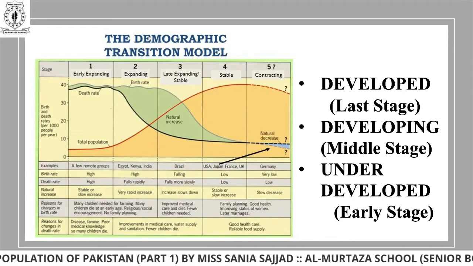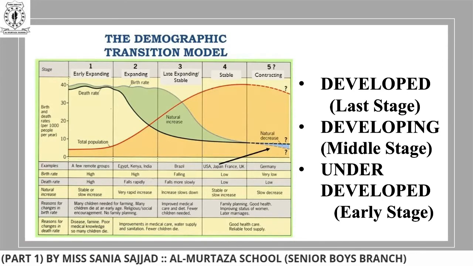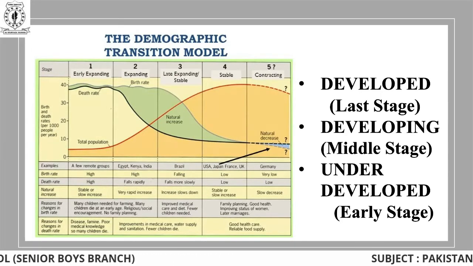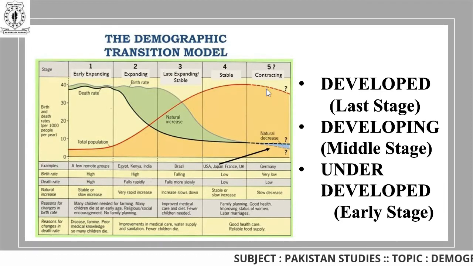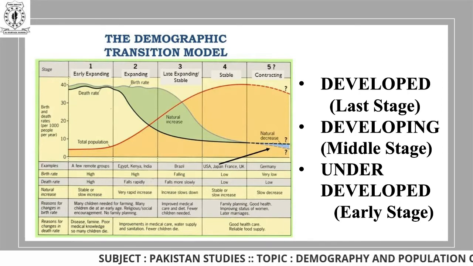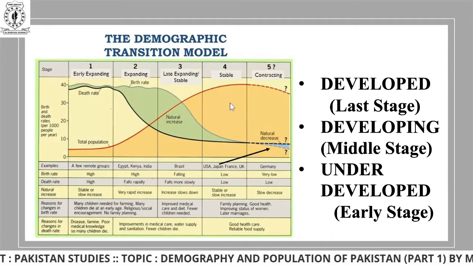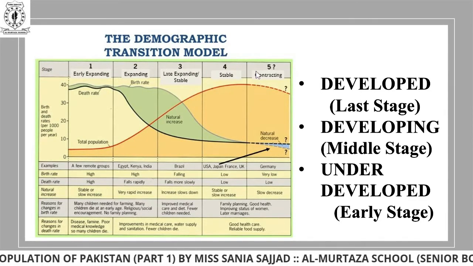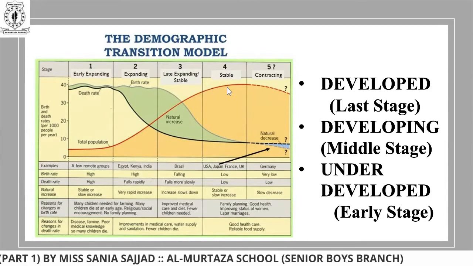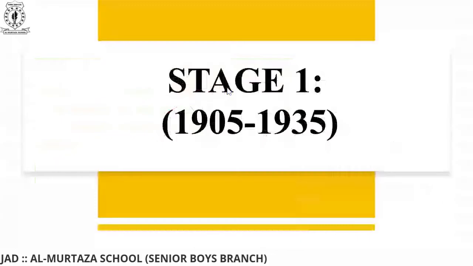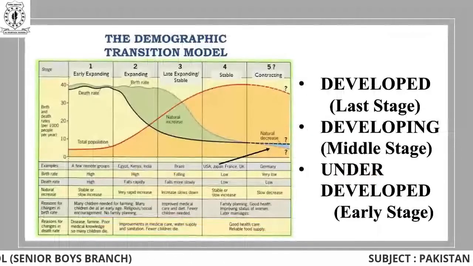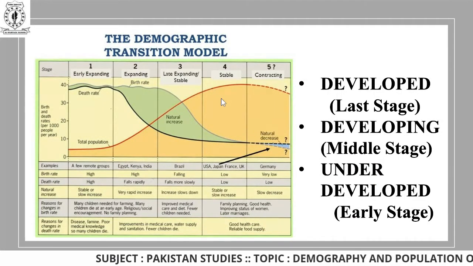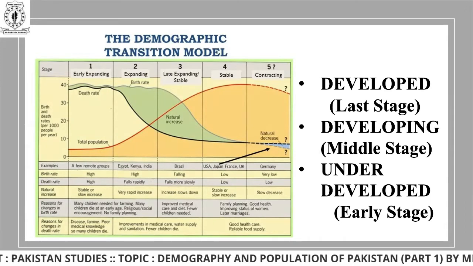There is a model which is given over here. You can see very clearly, right? There are 5 stages of the demographic transition model, but we are not going to study the fifth stage because the fifth stage is not introduced in Pakistan. We have stages till the fourth. Whatever is in the fifth stage, we have those conditions in the fourth stage. So we are basically stopping at the fourth stage, right? Now there are a total of 4 stages which we are going to study in the context of Pakistan.